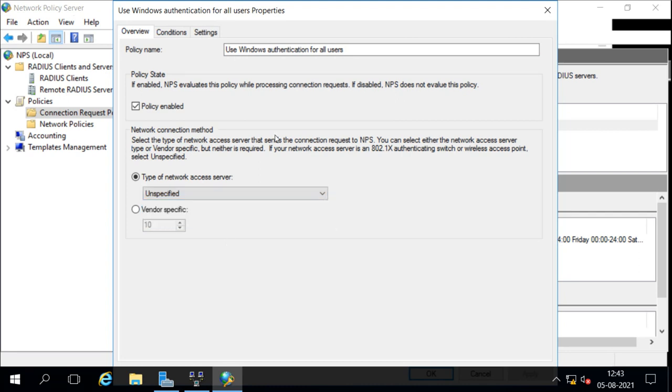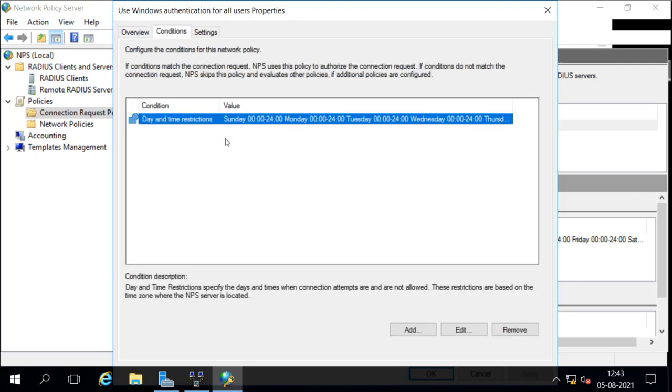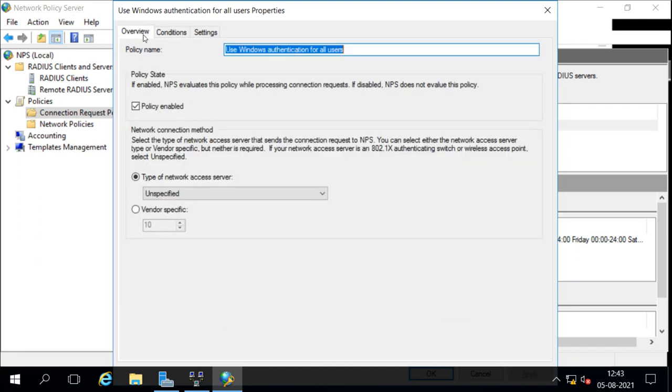So we can go to conditions here. We can add the conditions here. There is a condition added here, a day and time restriction. It says Sunday evening to Monday, Tuesday, and so on. This is only a condition, and then we can decide here whether to allow or deny.